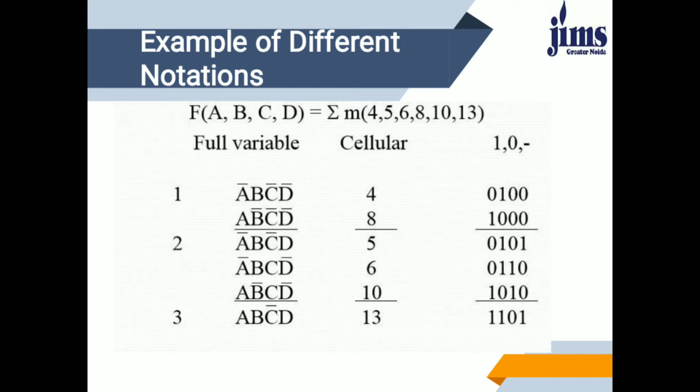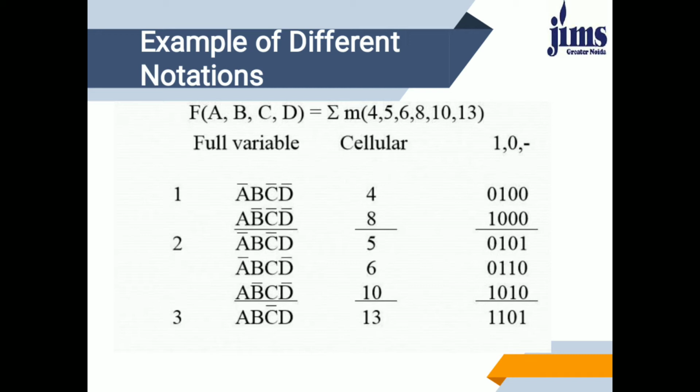Now the remaining term, the equivalent of 13, sorry, this is not 3, this is 13 actually. So the equivalent of 13 is 1101. Here you can check how many ones there are. The number of ones is 3. So it will fall in another group. So accordingly we have made 3 groups.